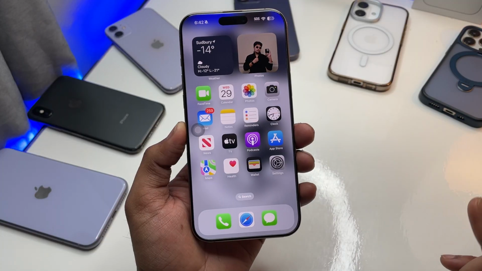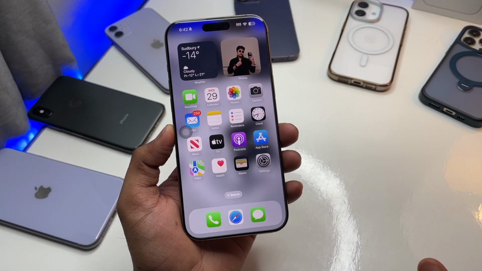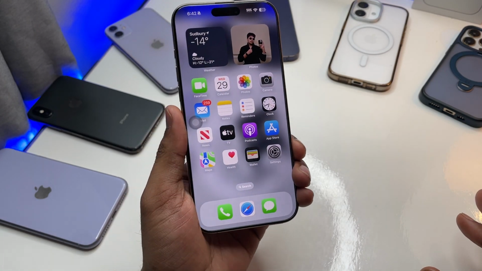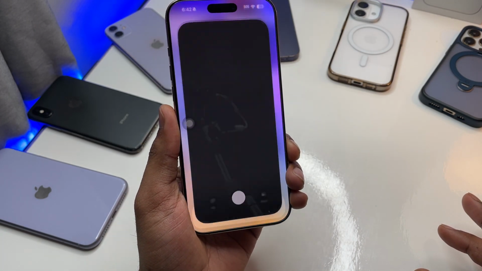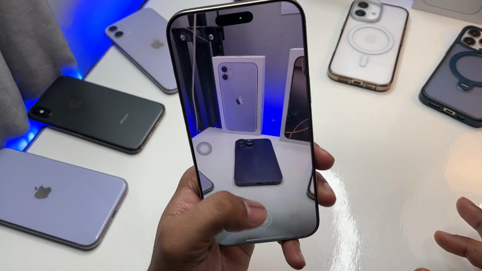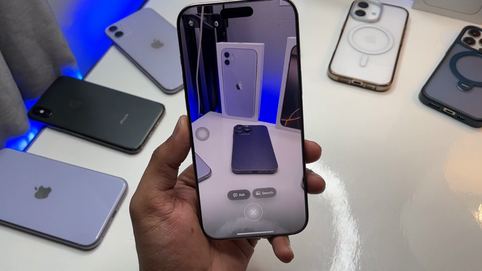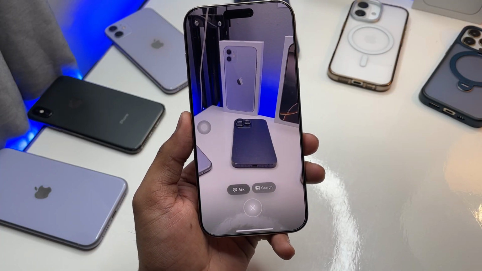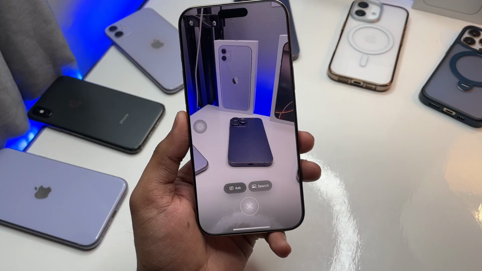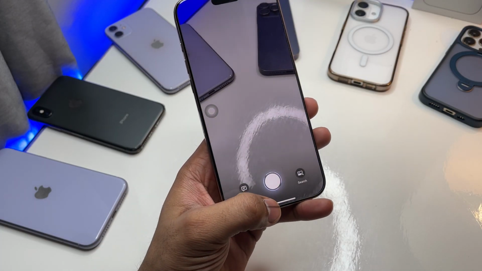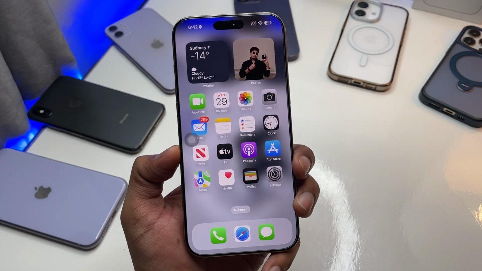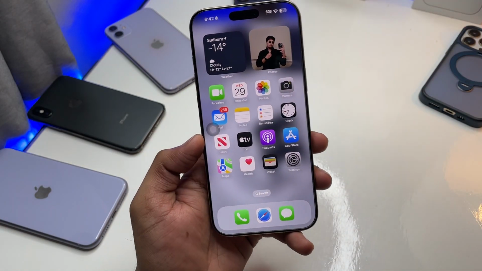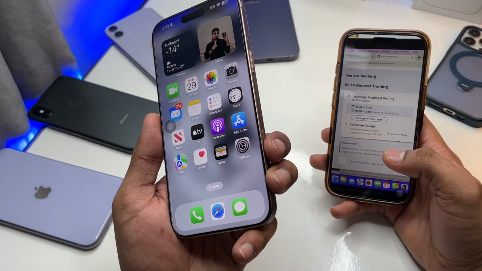The next one is regarding Apple Visual Intelligence. Now we can find any animal or plant species using visual intelligence. Just launch it and take a photo and it will show you what plant or what animal it is. That's a good thing. Apple is introducing new tricks and new features. They have introduced Apple Visual Intelligence, but now what we can do is add any event to a calendar using